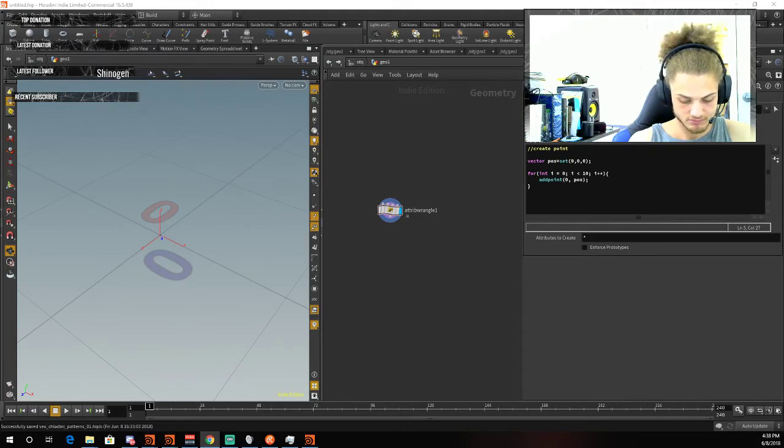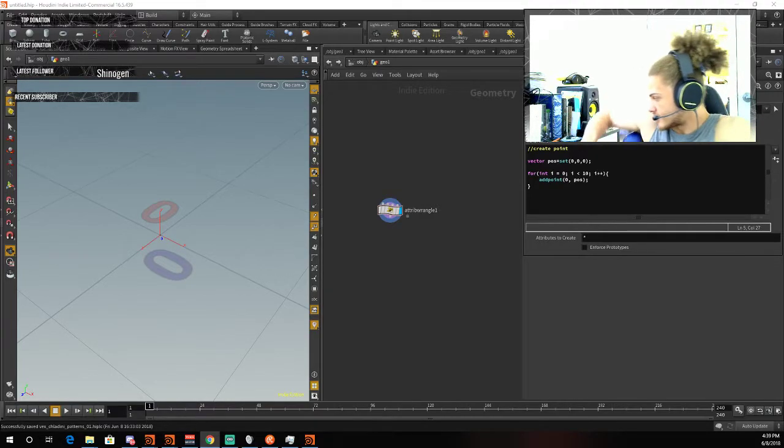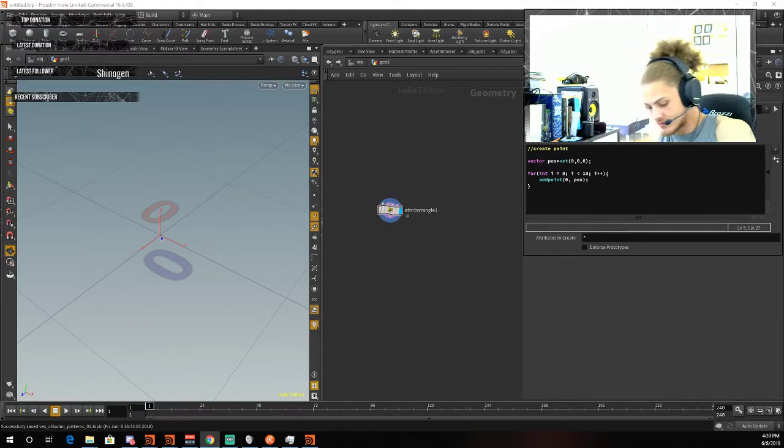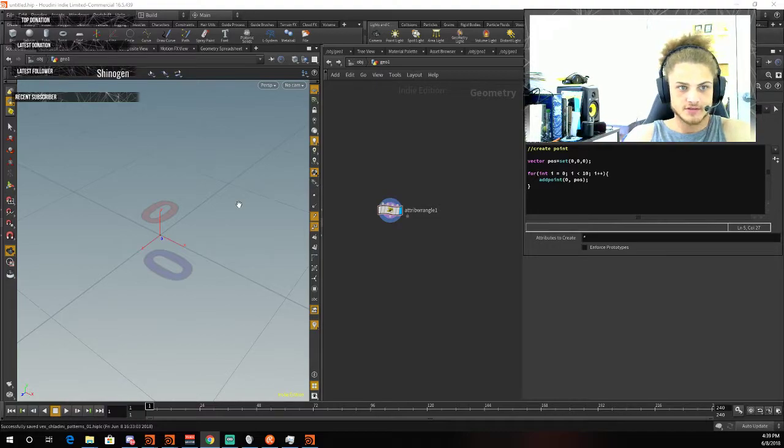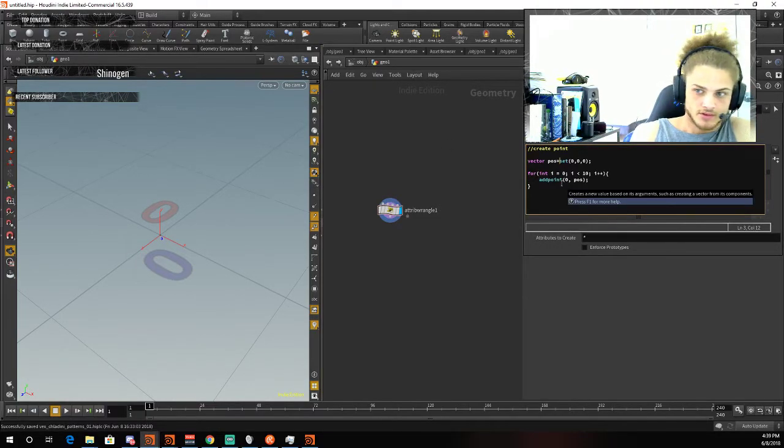However, creating points just in the center of our scene is kind of boring, so let's try and create a really elaborate circle here. You can calculate positions on a circle with the help of the sine and cosine functions, and they expect an angle between 0 and 2 pi. So the idea is, instead of running our loop and counting just to 1,000, let's count between 0 up to 2 pi. So what we'll need for that, instead of an integer variable here, let's create a float, call it angle in our case, and check if the angle is smaller than 2 times pi, and if it is, let's increase the